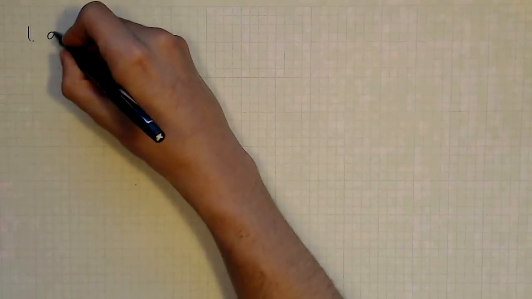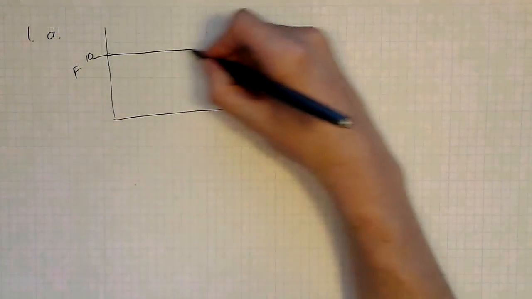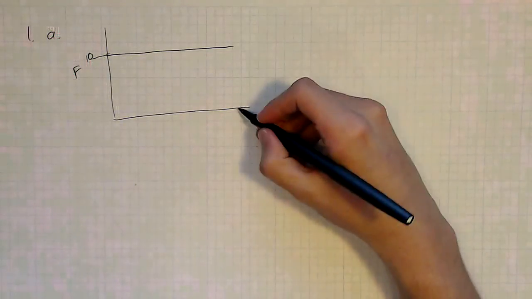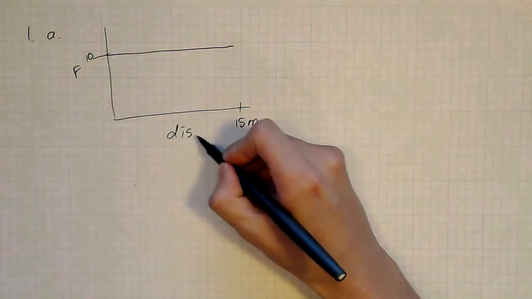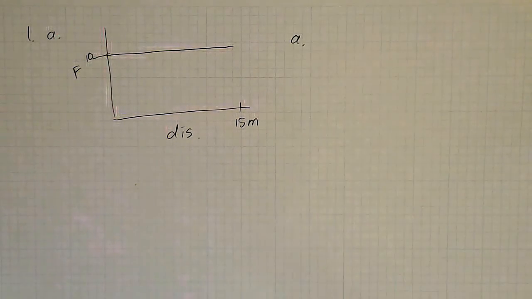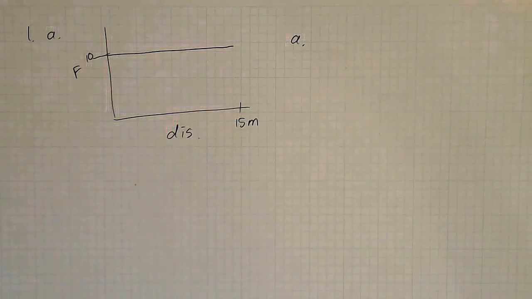Okay, so let me draw this graph, just a quick sketch of this graph. You have force on the y-axis, and at y equals 10, you have a straight line going all the way to the end of the graph, which is at 15 meters. And this is displacement. So part A is asking for the kinetic energy. Now, given the information we have, we can calculate the work done